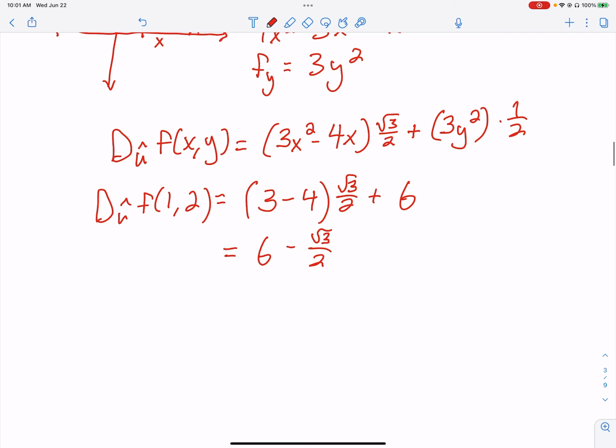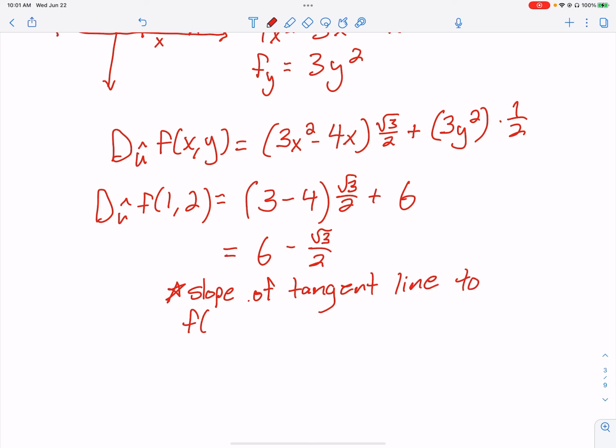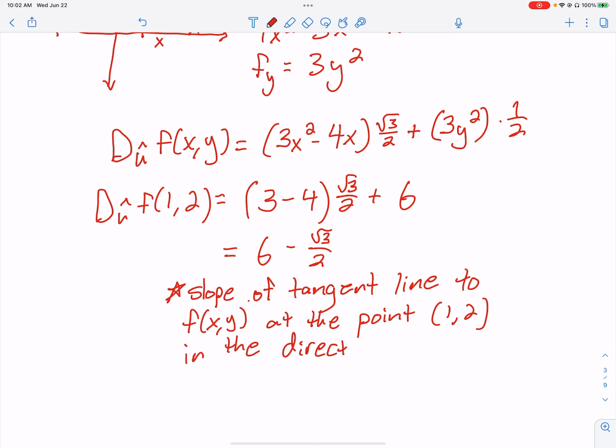What this tells me is this is the slope of the tangent line. Let's write this. Slope of tangent line to f of x, the surface, at the point (1, 2), in the direction of u. So very important that you say the u part, because if I say it has a slope of